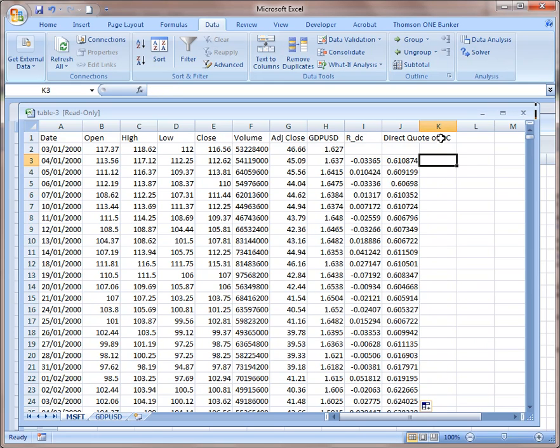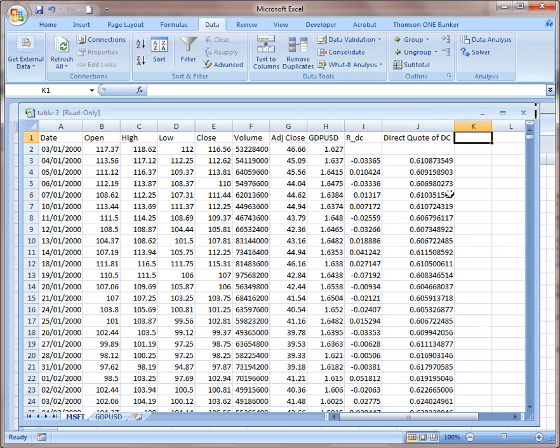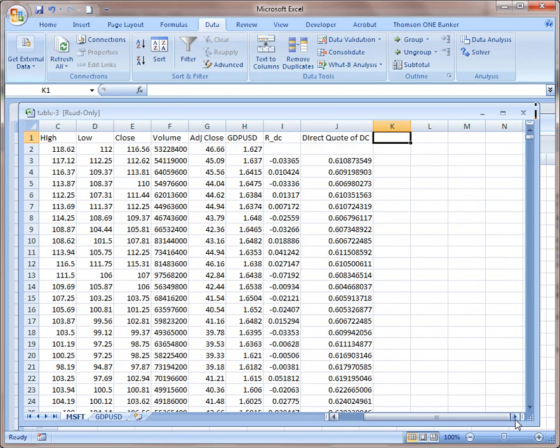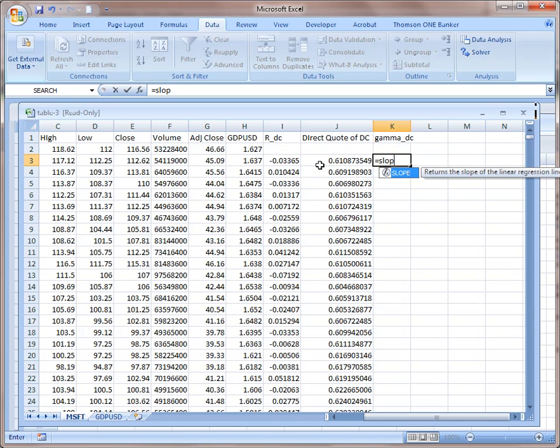And the next thing we want to calculate is the domestic currency exposure, so we call it gamma DC, which will be the correlation between these two, or we can use this regression slope to do the job. So the no y and no x,